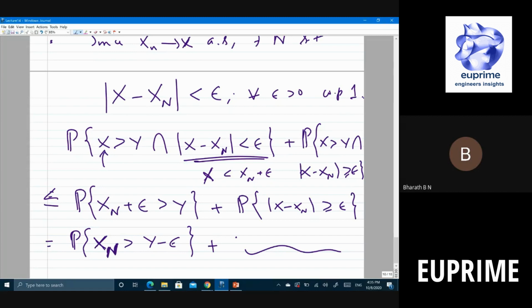Now epsilon and n are arbitrary, so I can take n to infinity. What happens to this? And I can make epsilon arbitrarily small, for every epsilon greater than 0. So in the limit it becomes x. Or I can pick n large enough so that this is greater than epsilon, which is actually 0, because xn is always less than or equal to epsilon. And similarly, this also goes down to 0. So that's the idea of the proof.